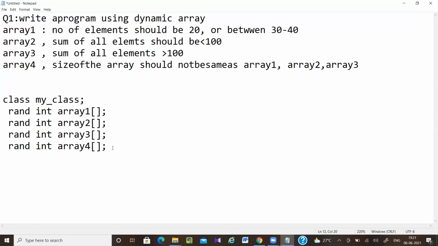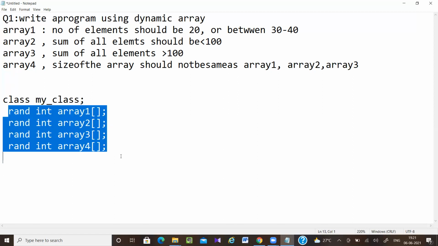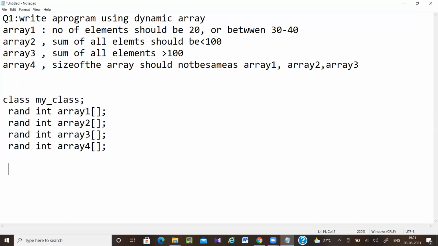Now next I am going to add a constraint to mention the size of the arrays. So constraint array range start. Here you can write array 1 dot size.